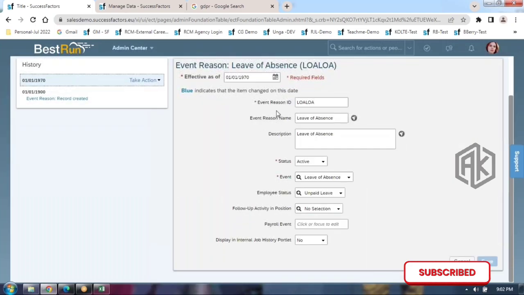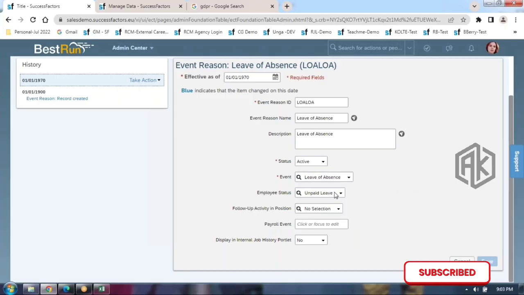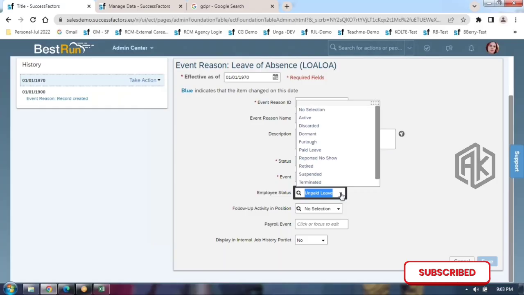Now see guys, leave of absence. There is an event name called LOA. The event name itself is LOA. Keep that in your mind. See, leave of absence: is it paid or unpaid? That depends on the customer. So in case you have a paid event reason and an unpaid event reason under LOA, you have to create multiple event